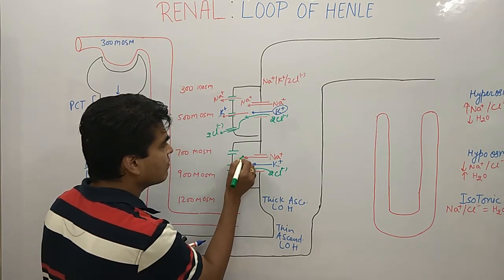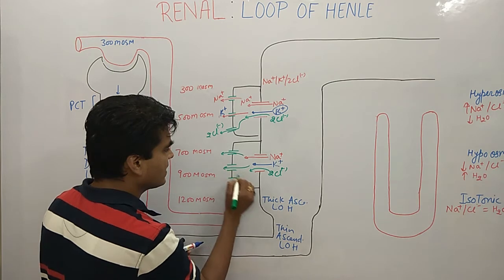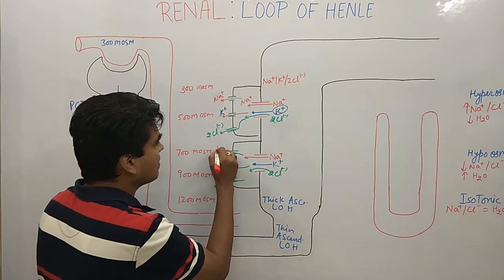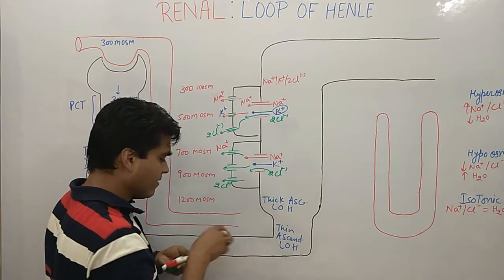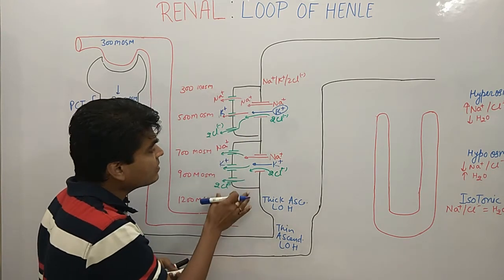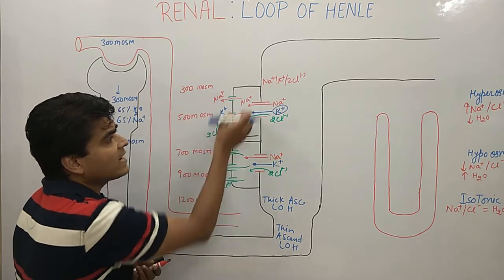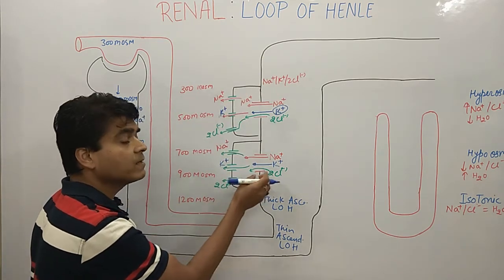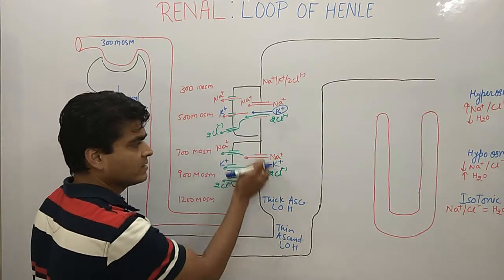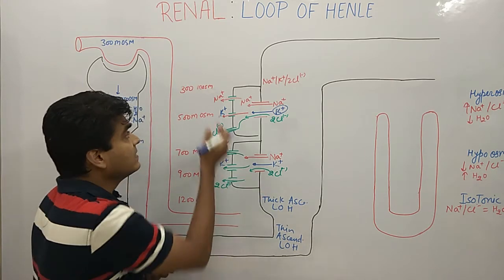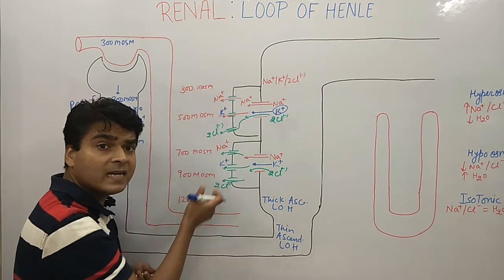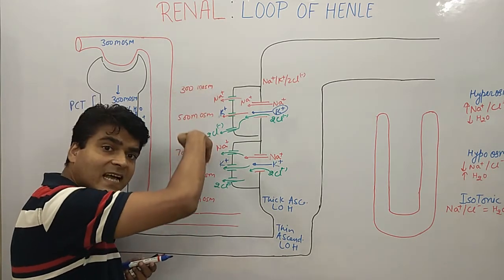So these ions are moving from this area to this area. We have 2 chlorides moving here, sodium moving this side, and potassium moving this side. Clear everyone? So this is about the ions. When these ions move to this side, and there are so many sodium potassium 2 chloride transporters, so many ions are moving to this side and water does not move from this side. So what happens? There is an increase in saltiness, the area becomes more and more salty. So when we move down this side, what happens?